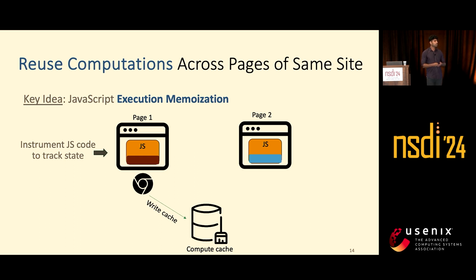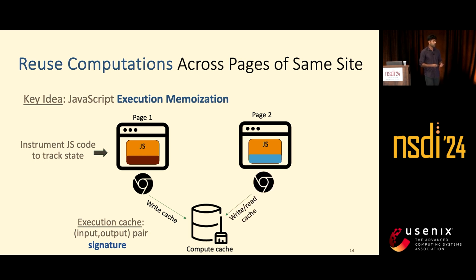And as a result, you will create this computation cache. This cache essentially is an input-output pair. Input is all the state that it reads. So it can read values from the HTML tree, from the JavaScript heap, etc. And the writes, or outputs, are all the values that it writes. So it can write, again, values to the tree or the heap, or it can fetch URLs. In the rest of this talk, I'll refer to this cache as the JavaScript signature.